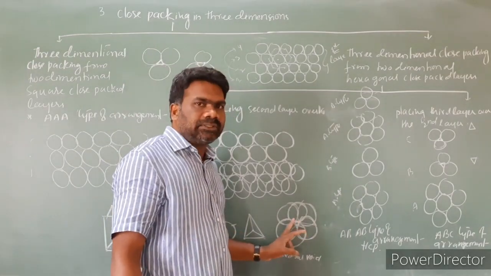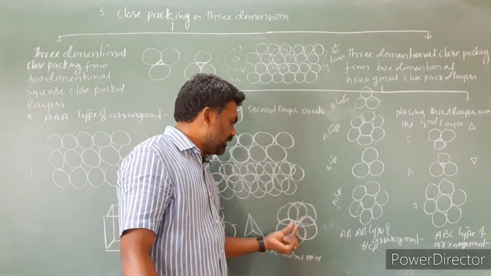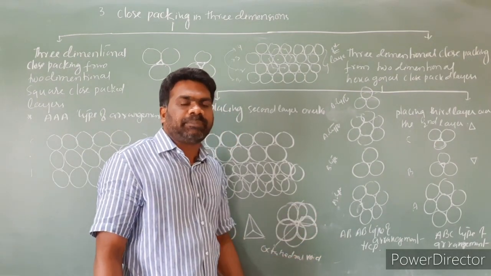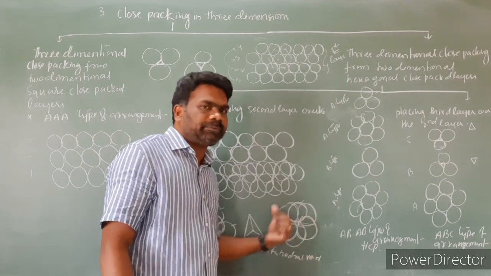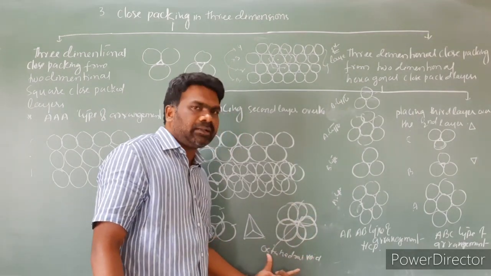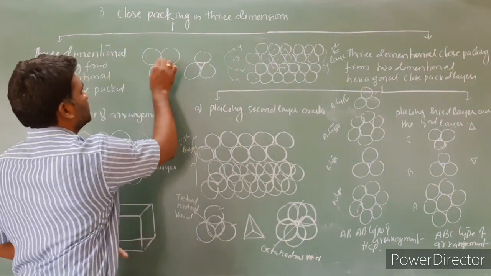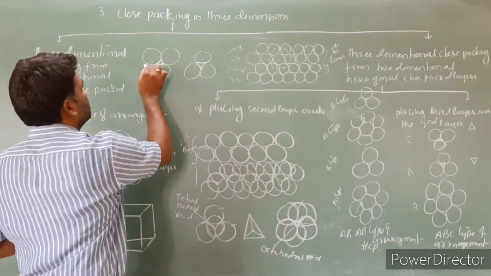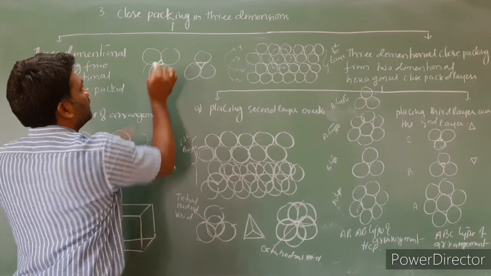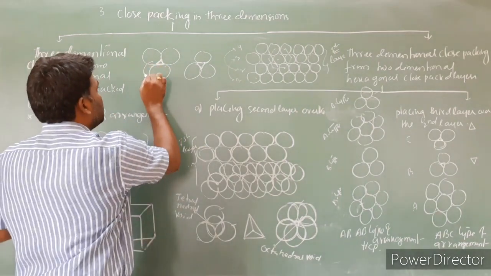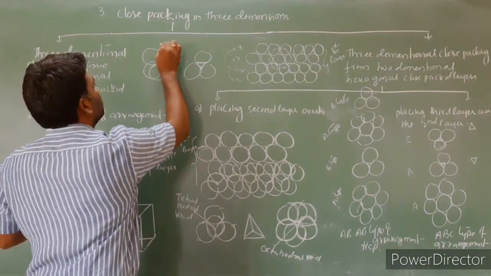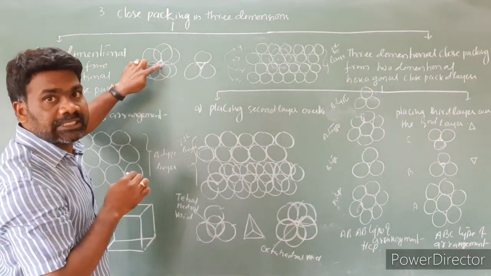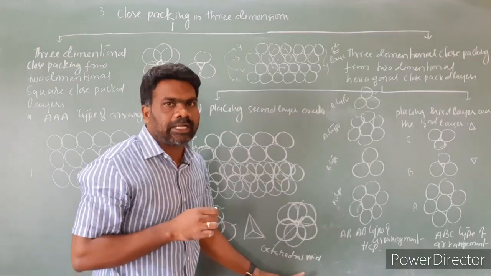And in some other places octahedral void is formed. Octahedral void is nothing but the void surrounded by six spheres. The void surrounded by six spheres we are calling an octahedral void. I already showed. So these are the three spheres I am taking. And I am taking another three spheres. Already here a void is there. Empty space is there. And I am placing three more spheres. 1, 2, 3. So between these spheres, empty space is there. This empty space is called an octahedral void.